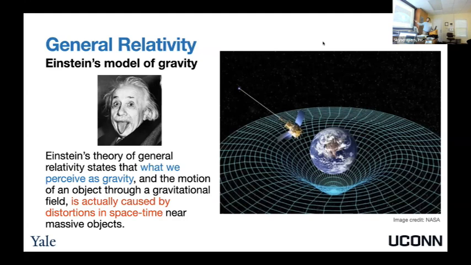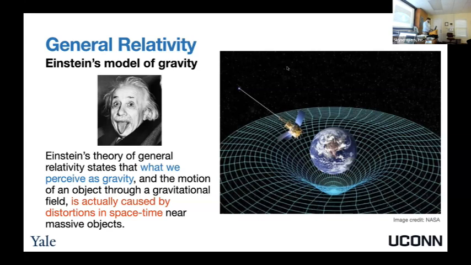Like in the figure that I'm showing here, the Earth's gravitational field is basically being shown by this kind of mesh that we see in 3D around the planet. And as we get in closer to the Earth, space-time gets more and more distorted. And this is what we see as gravity. Everything that's moving around and orbiting the Earth is really just following along within this distorted space-time.